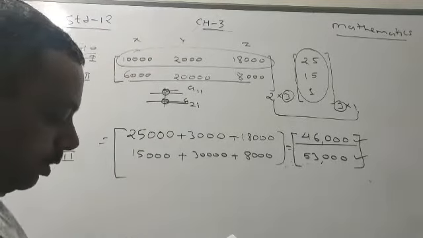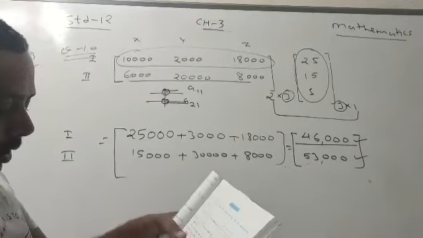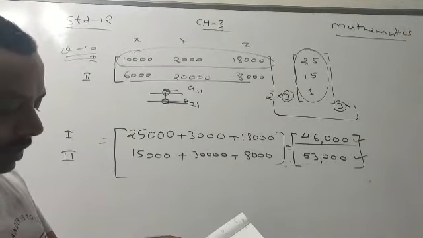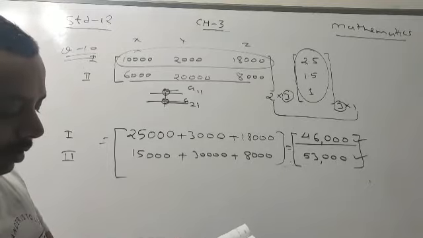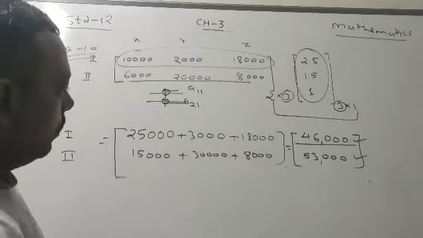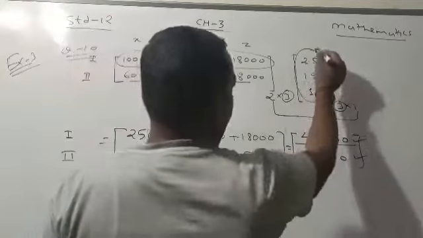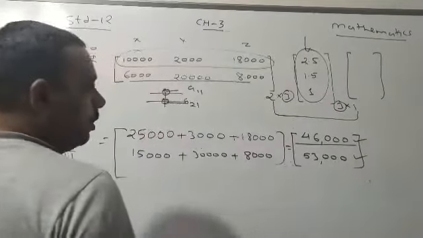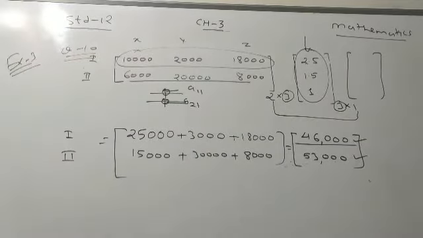But another question is also there. Now, only in this question, the cost is different. We have to find again the total profit. So we will do the same thing. Instead of this, we will write a new matrix. We will do the multiplication. We will get some answer. But that answer is not our profit. We have to find the difference with the given answer. Means with this answer.